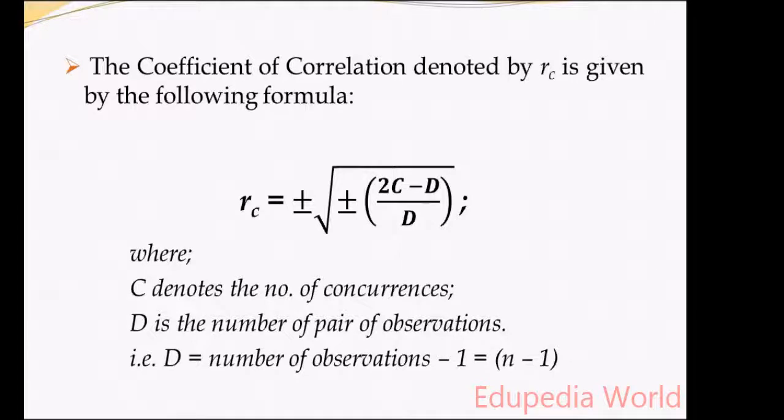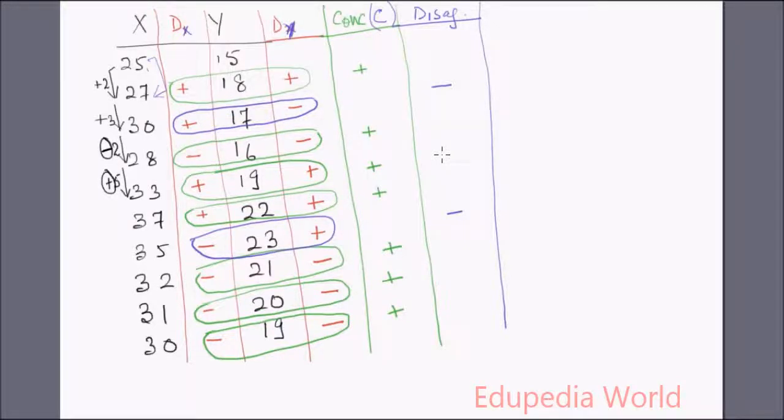the coefficient of correlation is denoted by RC and is given by the following formula. RC equals plus or minus root under plus or minus (2C minus D) divided by D. Now we know that C is the number of concurrences, and D is the number of pairs of observations. Okay, so C is the total number of concurrences, that's here. The total number of concurrences here, C is given by, let's count and see, 1 2 3 4 5 6 7. So we have 7 as C,